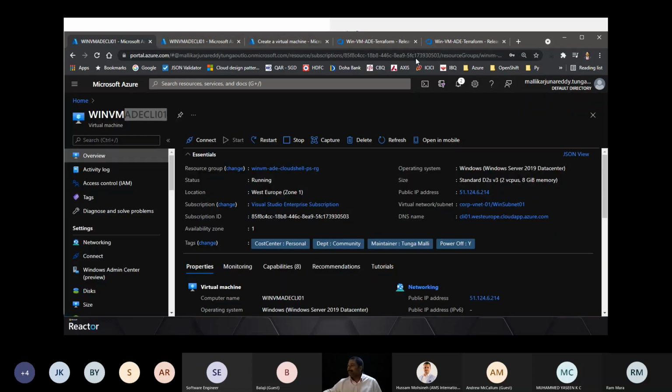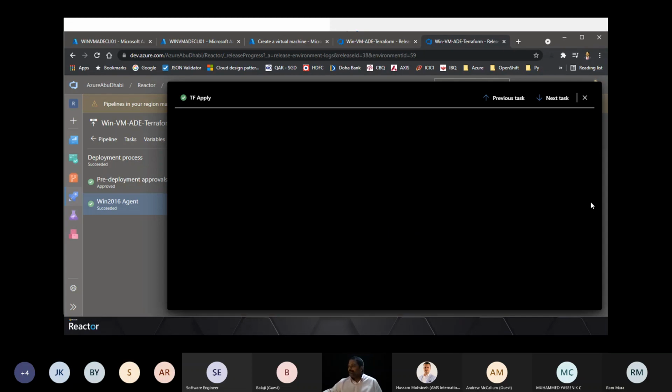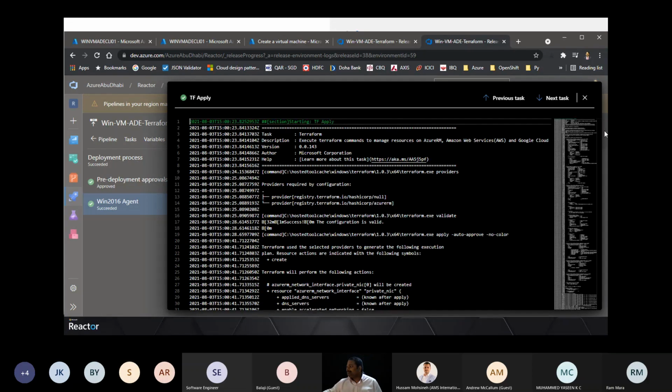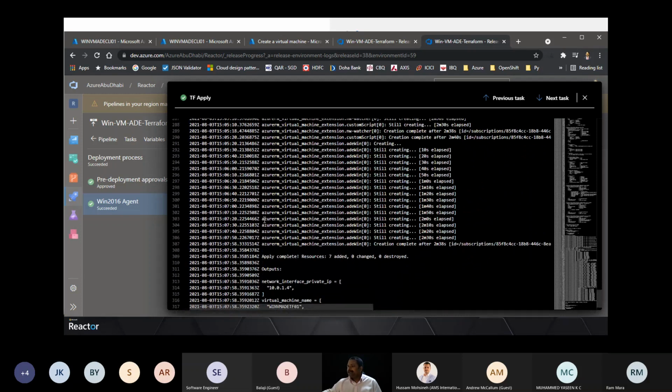So to quickly conclude this, as I said, now we have seen the encryption using the PowerShell CLI here, and the VM got encrypted. Now I have a pipeline using complete Terraform. I have done the disk encryption. If you go here to the VM, I'm sure you are aware of Terraform. In case you're not, we are doing the encryption here.